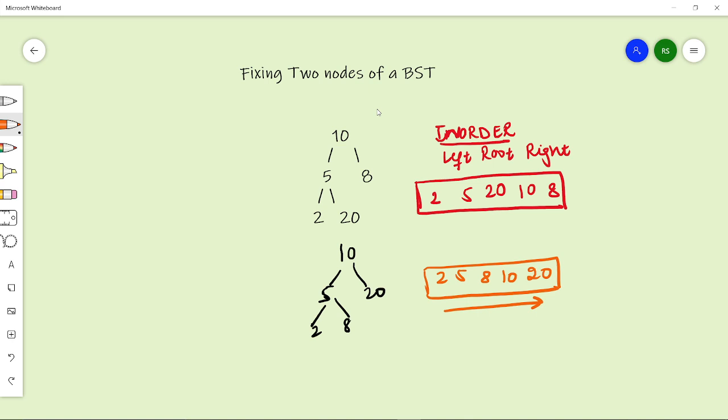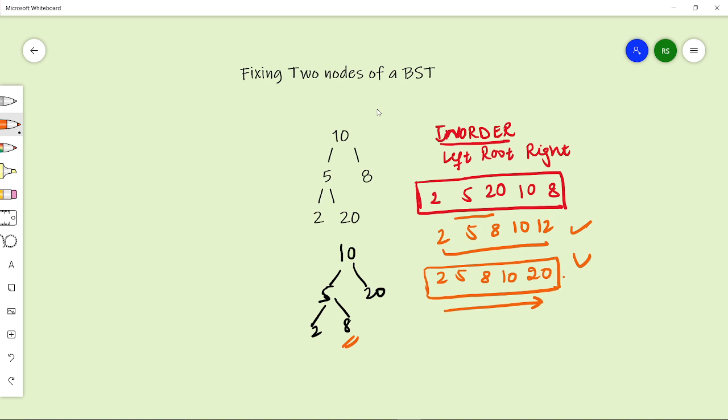So if we have to change this into a correct BST, what can we do? We can simply sort this array. If we sort this array, we will get this, and this in-order is producing this BST.